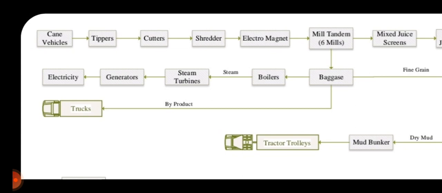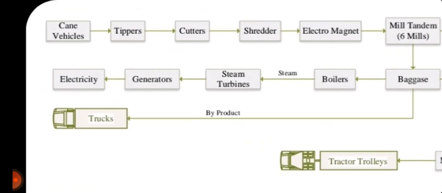Today we are talking about the sugar industry flow diagrams. You can also say the block diagram of the sugar industry: how the sugar cane comes from the farmers' yields and then we convert it into sugar. And this sugar is used in our houses and in different factories for making sweets and other flavored things for us. So the steps involved in this